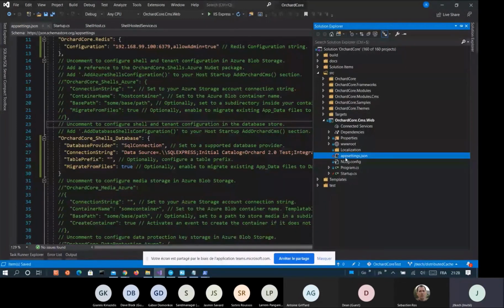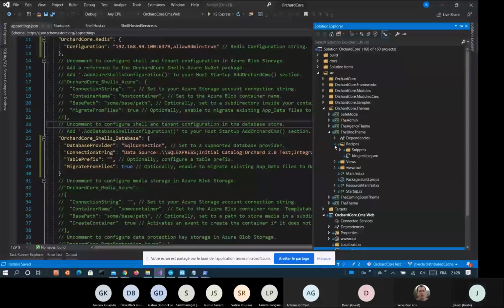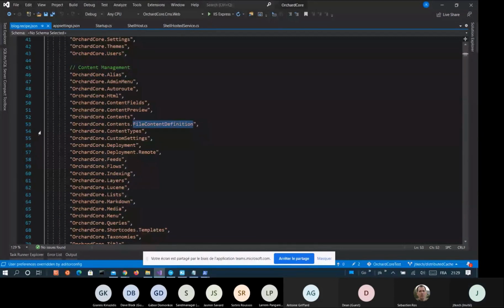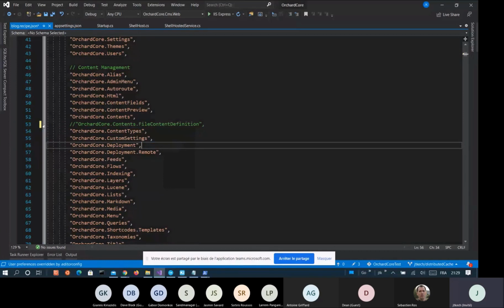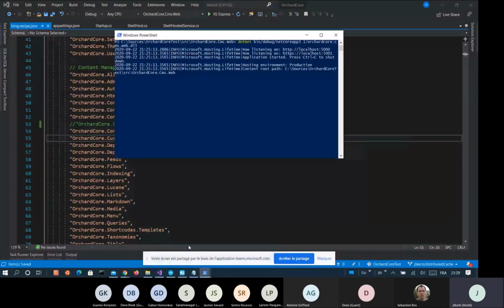So I need, if I use the blog recipe, I need in the recipe to not use the file content definition. So all content definition will be stored in the database because I want a stateless configuration. So that's okay. Now, so I stop this one.